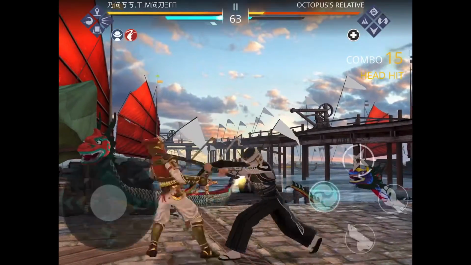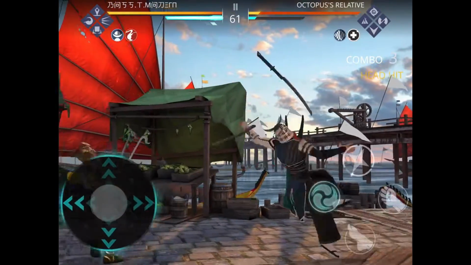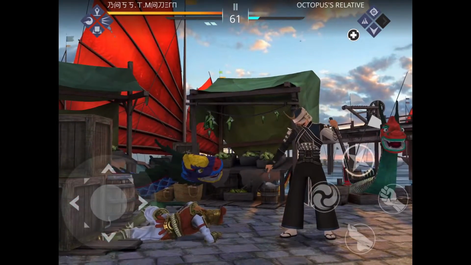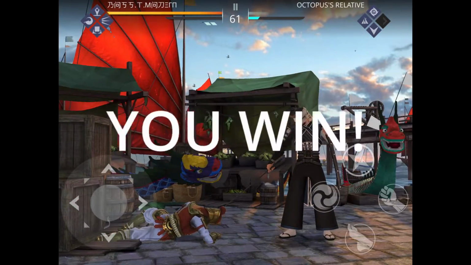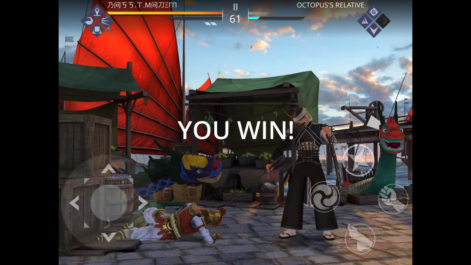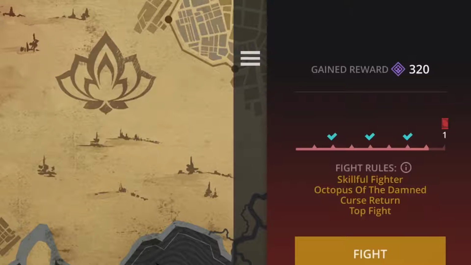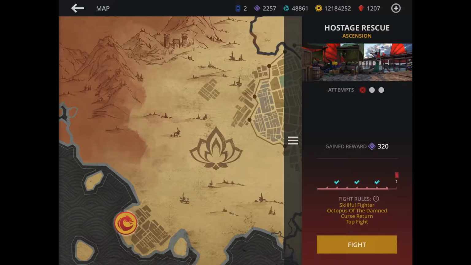Alright, we did 90 of his health, nice. Self ignited. And 100. There we go. Alright, let's face the octopus in grand mode. Okay, let me see right here. Oh, okay. Skillful fighter. Well, that's not really a challenge, but we have